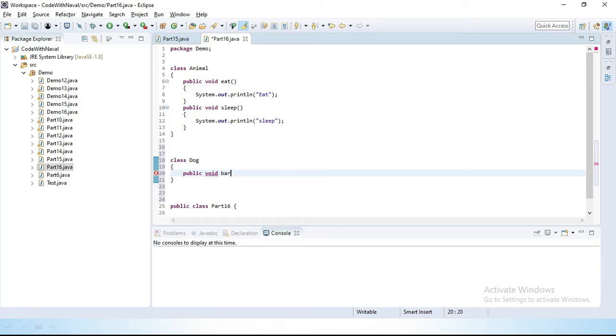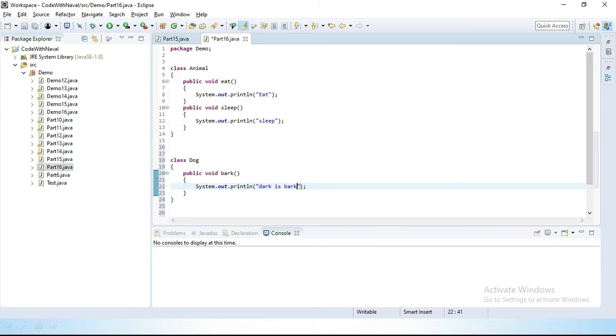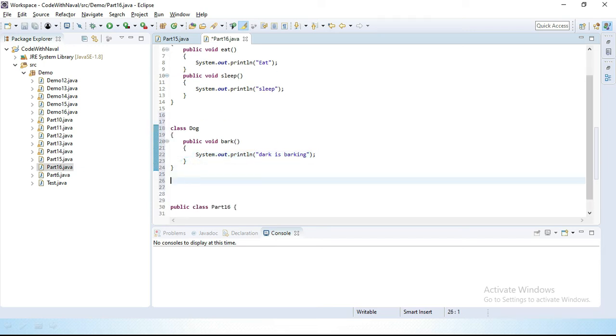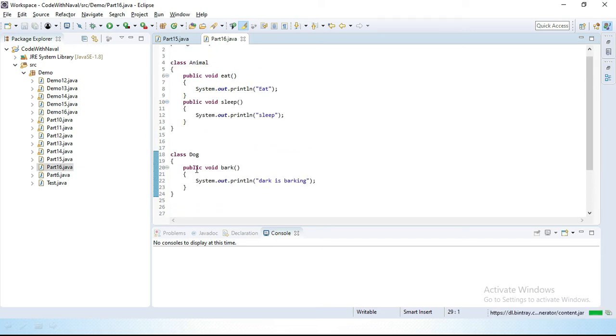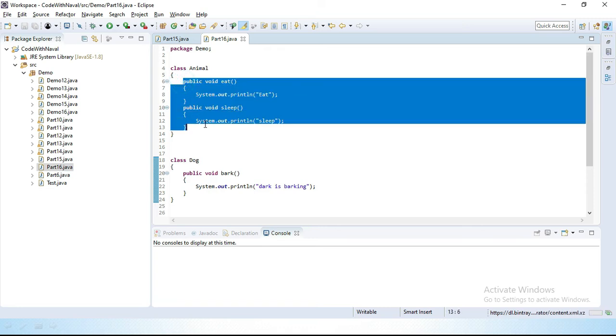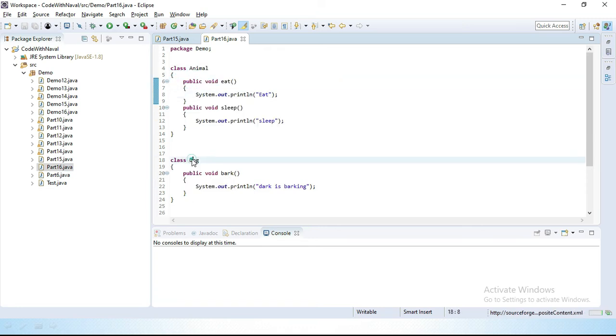Here we can say dog is barking. Let's save this. Now we need to use these two features that are already present inside animal. A dog also has eat and sleep properties. We need to define those methods inside the dog class.